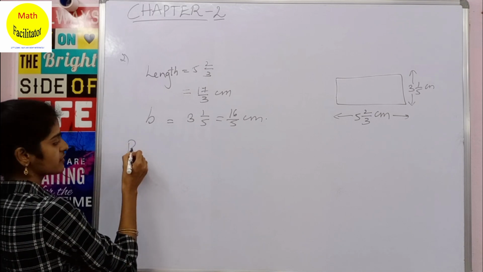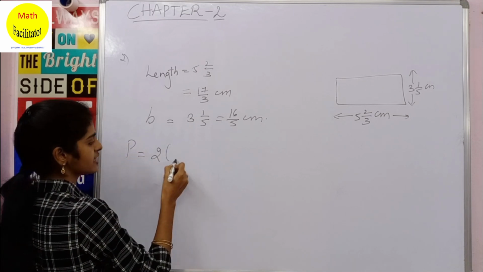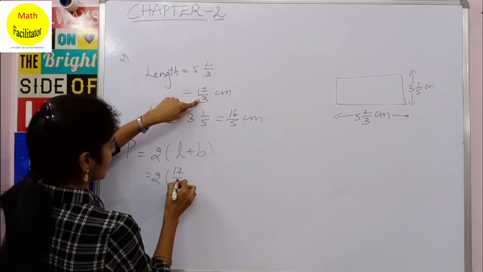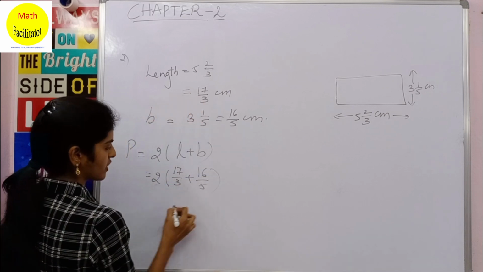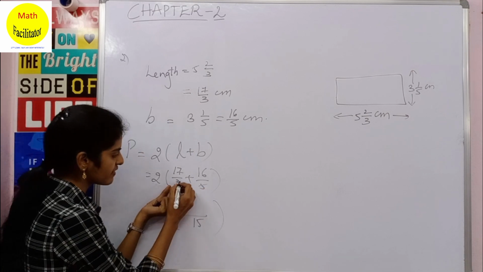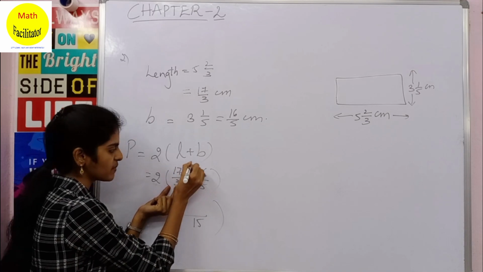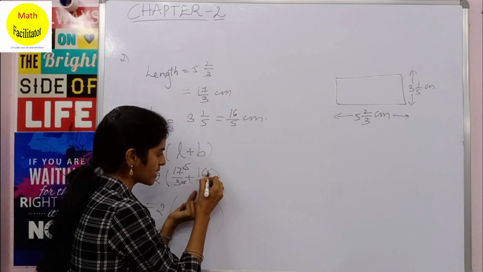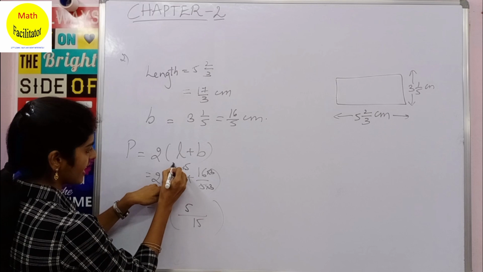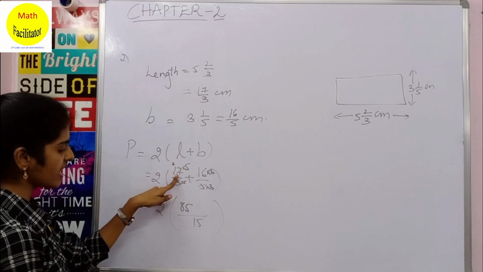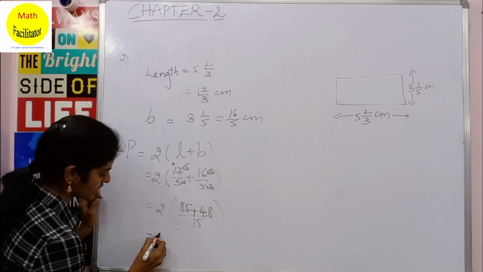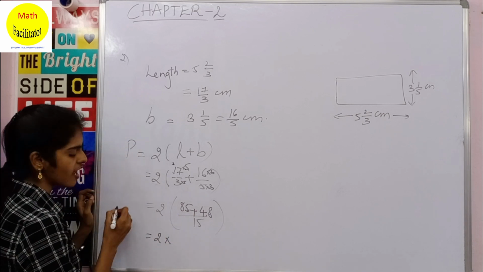Now they are asking us to find the perimeter of the rectangle. Perimeter of a rectangle is nothing but 2 into L plus B. So this is 2 into, what is length? Length is 17 by 3 plus breadth is 16 by 5. Now taking LCM of 3 and 5, it is 15. Clear? Now 3 5s are 15, so you will multiply 17 by 5. Now 5 3s are 15, so you will multiply 16 by 3. So 17 into 5 is nothing but 7 5s are 35, 5 1s are 5 plus 3 is 8, so 85. Plus you have a plus in between. Now 16 3s are 48. Clear? So this is nothing but 2 into 85 plus 48. How much is that?